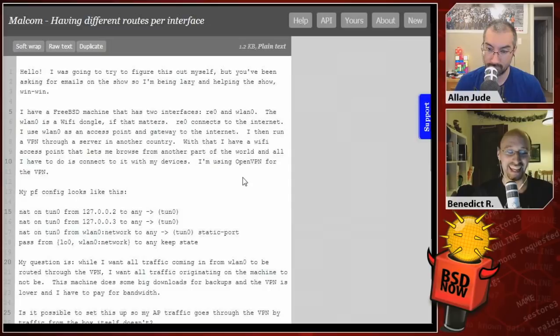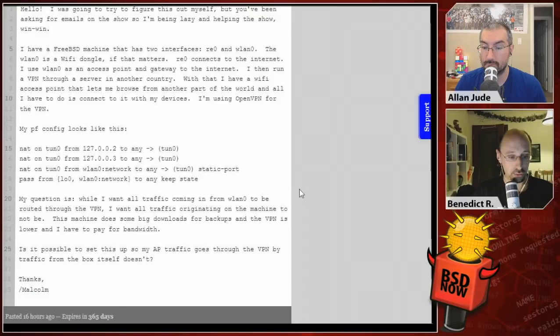Win-win. Okay. I have a FreeBSD machine that has two interfaces, re0 and wlan0. The wlan0 is a Wi-Fi dongle, if that matters. re0 connects to the internet. I use wlan0 as the access point and gateway to the internet. I then run a VPN through a server in another country. With that, I have a Wi-Fi access point that lets me browse from another part of the world, and all I have to do is connect to it with my devices. I'm using OpenVPN for the VPN. So my pf config looks like this. This is pretty much three NAT rules and one